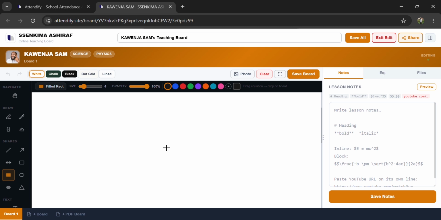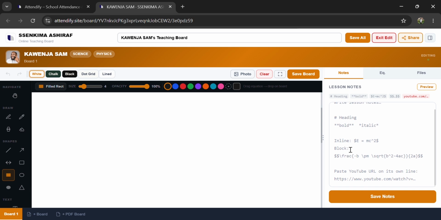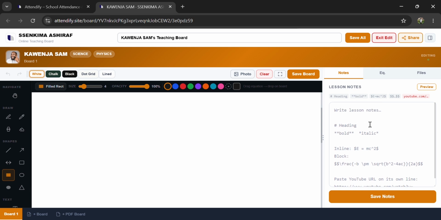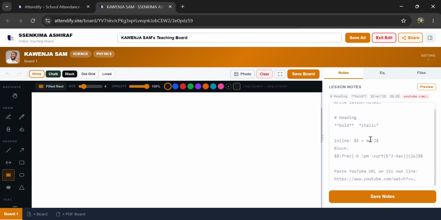So we have this panel. Let's say you have prepared some notes. Let's say you write here your notes down. Hash stands for heading. 2 stars you are uploading the text or the statement. 1 star, you are making the statement italic. So this one can help you to write some equations. Okay,